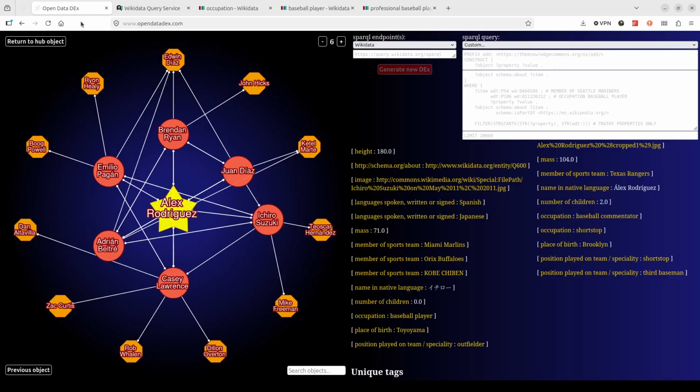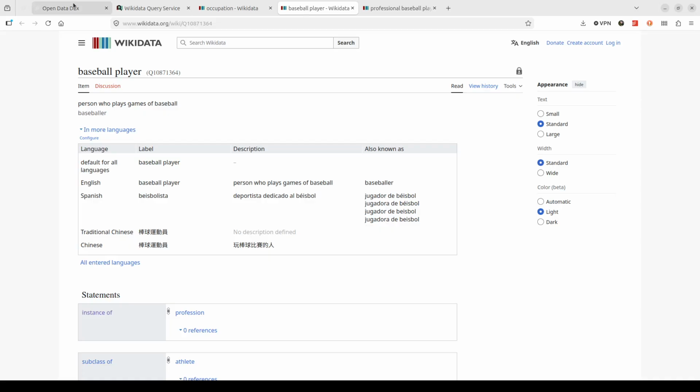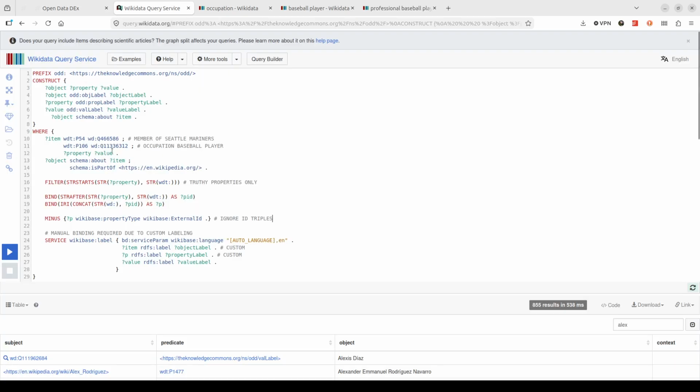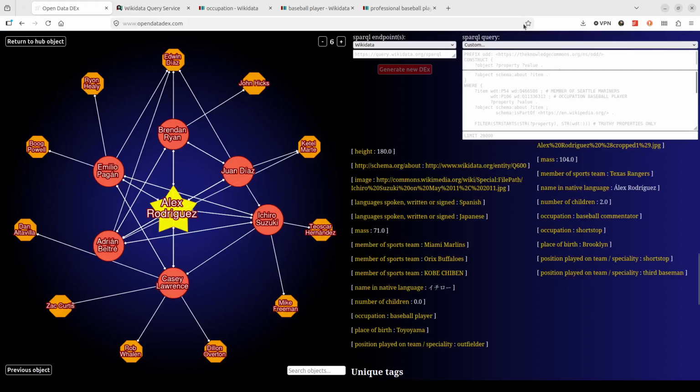This is an issue, and if you are interested in fixing that, if there's not already a discussion about this started in Wikidata, you could start one. We could add that Alex Rodriguez has this occupation. That would help include him in that other result set. And then you can play around with lots of different things. We can choose different teams and different positions and generate new indexes based on that.